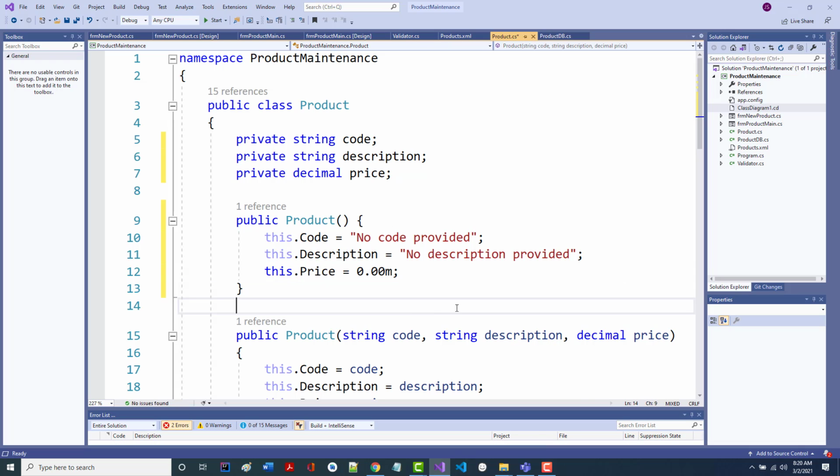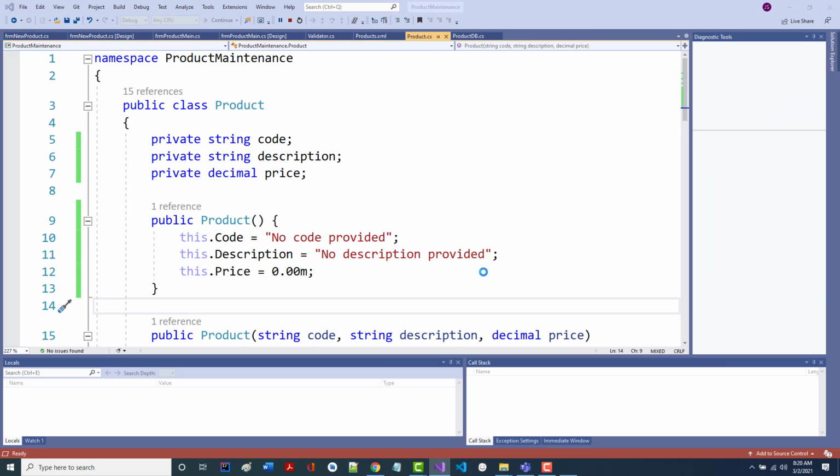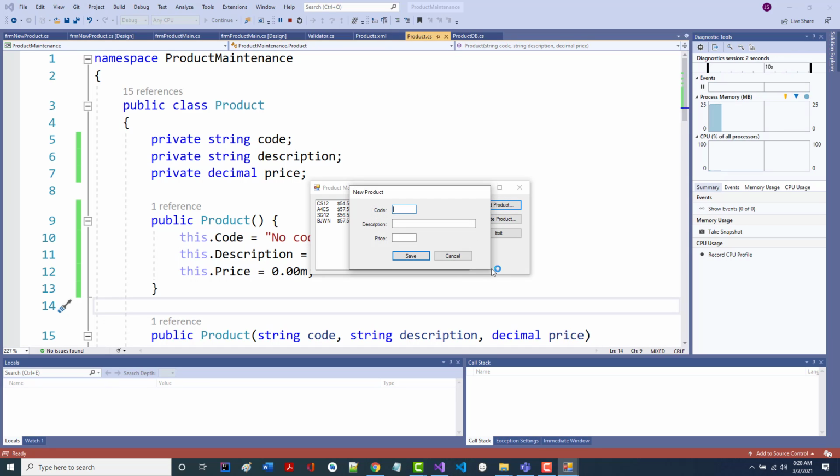Now, did I do anything special? No, but you should be able to realize right away after I do this, if I go back and run the program again, and I say add product, and I put nothing in there, and I click save, it says code is a required field. Okay, so you do have to put something in there. Good. All right, so there's a little bit of stuff in there. So what do we have before? ABC 1, 2, 3. All right. And it says description is a required field. That's good. All right. So this is the description.